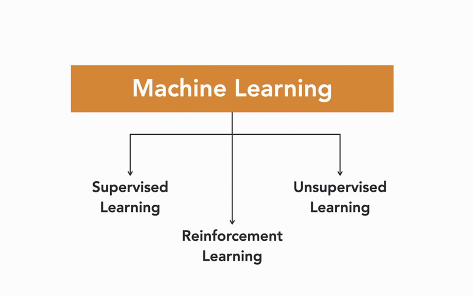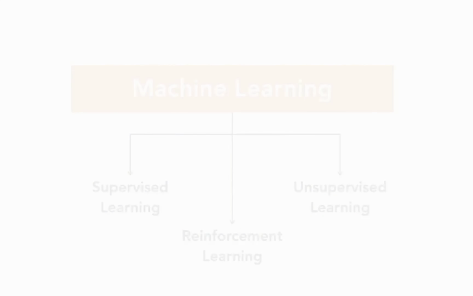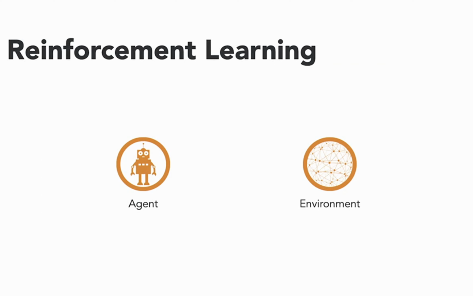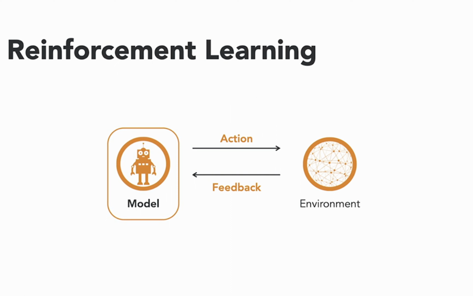The third type of machine learning is known as reinforcement learning. In this approach, there are two primary entities, the agent and the environment. The agent figures out the best way to accomplish a task through a series of cycles, in which the agent takes an action and receives immediate positive or negative feedback on the action from the environment. After a number of cycles, the agent eventually learns the optimal sequence of actions to take in order to accomplish the task at hand. Reinforcement learning is commonly used in computer game engines, robotics, and self-driving cars.